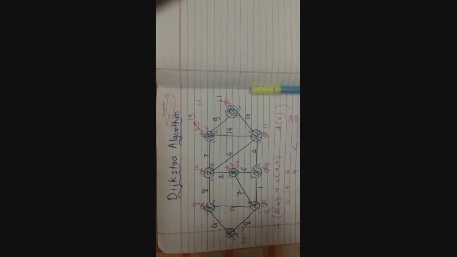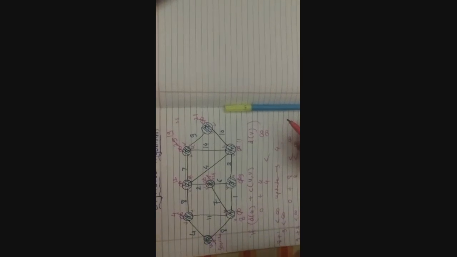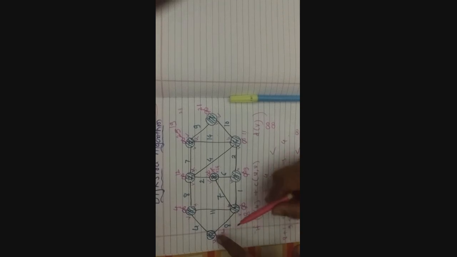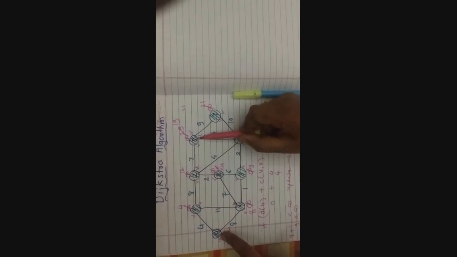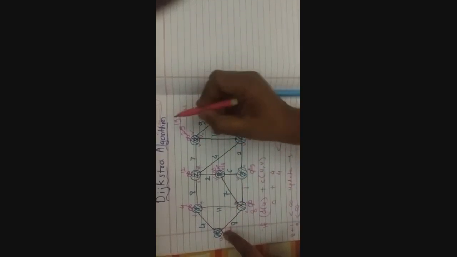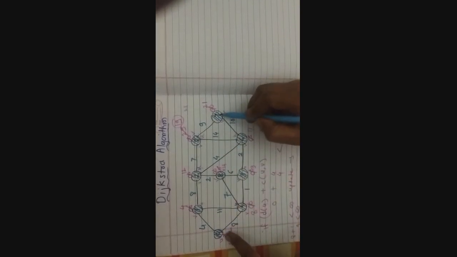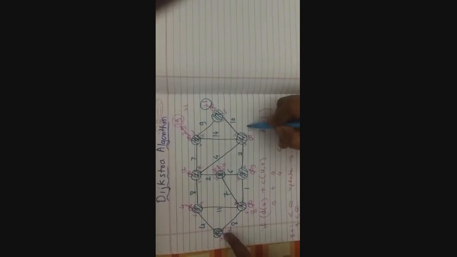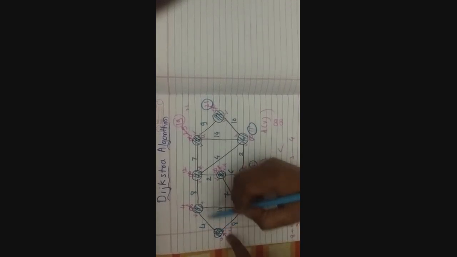After solving this example, we can say what the shortest distance is from the source vertex to the remaining vertices. For example, suppose we want to know the shortest distance from the source vertex to vertex 3. The shortest distance is 19. From 0 to 7? 21. From 0 to 6? 11. From 0 to 3? 9. 0 to 4? 8. 0 to 1? 4. 0 to 2? 12.